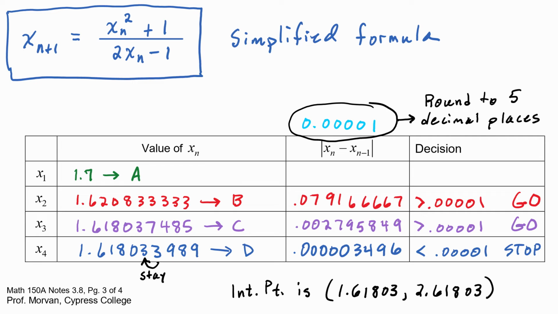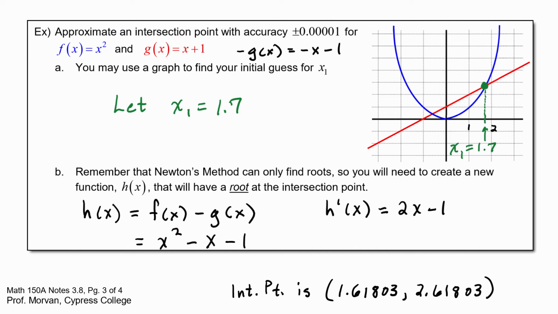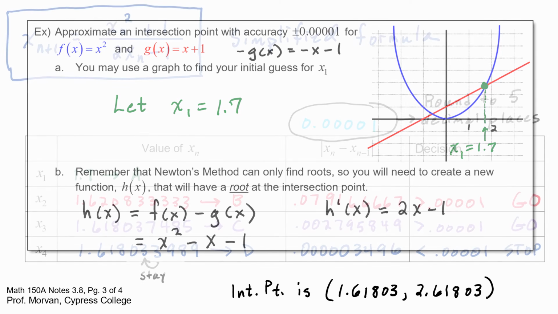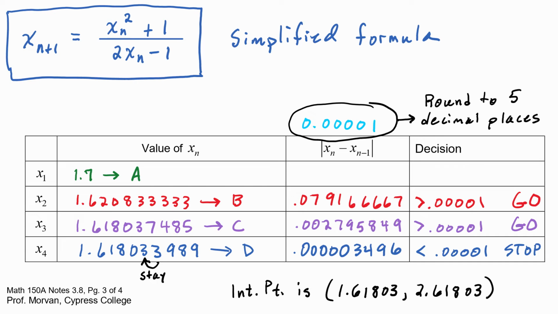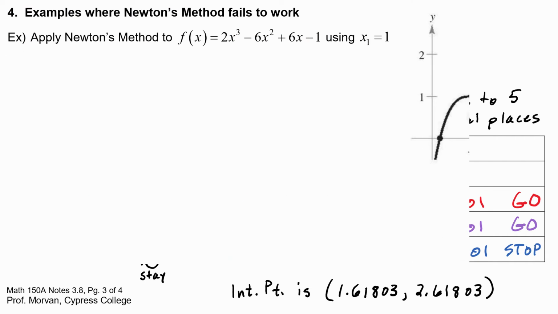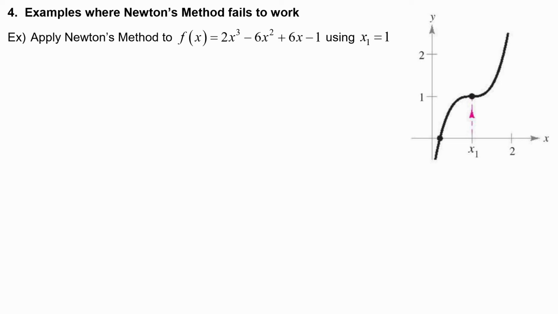So to use Newton's formula to find an intersection point, we had to create a new function by subtracting the two given functions so that our new function would equal 0, i.e. give us a root, where the two given functions intersect. Next, we are going to look at some examples where Newton's method fails to work. In this example, we have to apply Newton's method to f of x equals 2x cubed minus 6x squared plus 6x minus 1